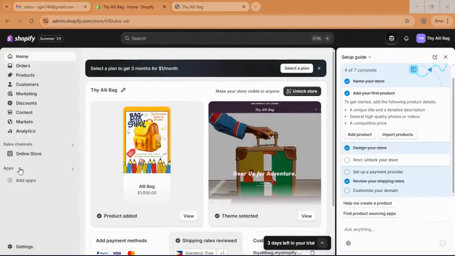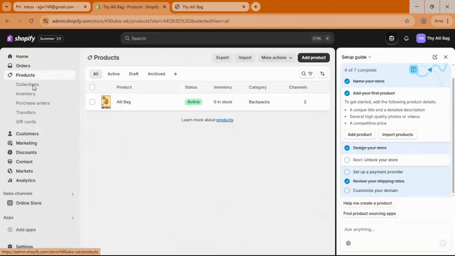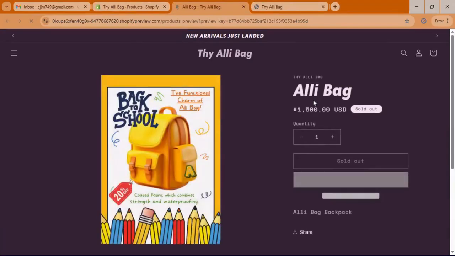Okay, so now if you would like to check or have a preview of the product that you're trying to sell, hit this button here, click the products, and you will see the list of your products. Right now we only have one listed. If you hover your mouse here, you will see a preview on online store.